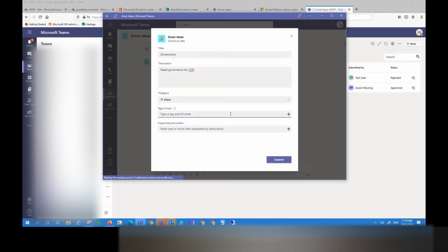You could add a tag for this. This is for later on, you're able to allow users to search the idea, and I'm just going to put Power Platform for now. Add, if I can spell it. And then you can add more tags in here. I'm just going to call it COE, add, and then you can add supporting documents. This is maybe a link for a document in Jira. You could attach that document, and then you just click